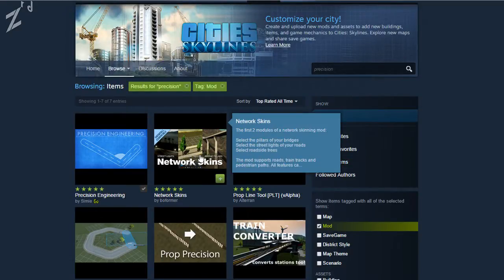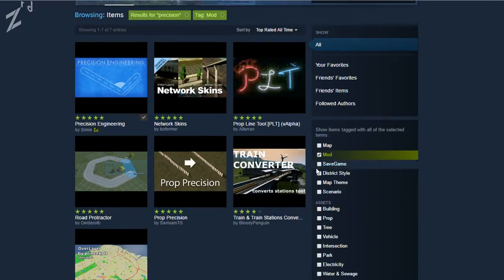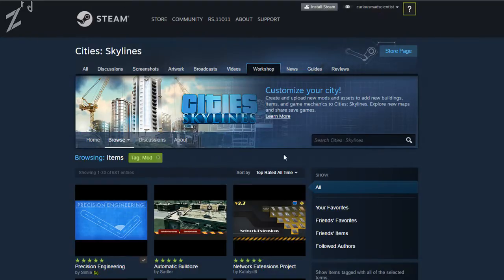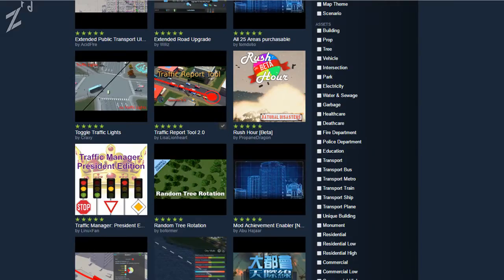Network skins again. This changes the roads and trains and stuff like that, which we probably, oh, that is why it came up first. Oh, it has. Okay, sorry about that. In case you got disconnected and now reconnected, I apologize. Don't quite know what happened. I dropped 13 frames. Eesh. Anyhow,